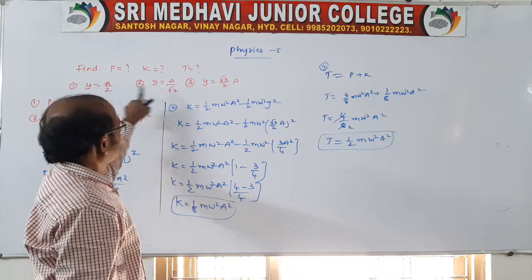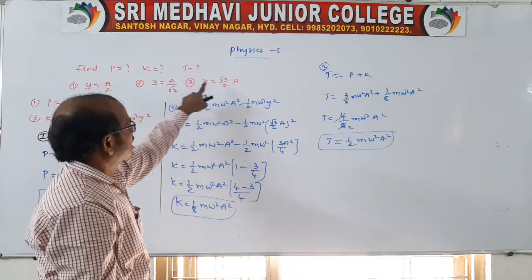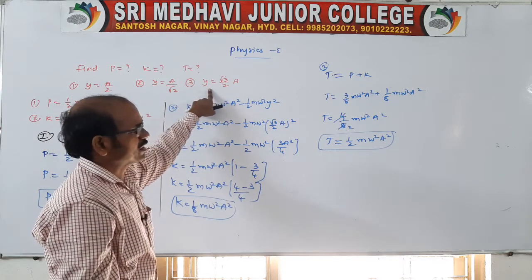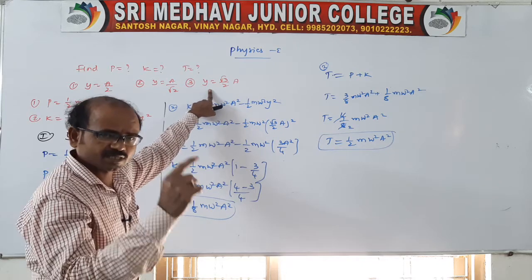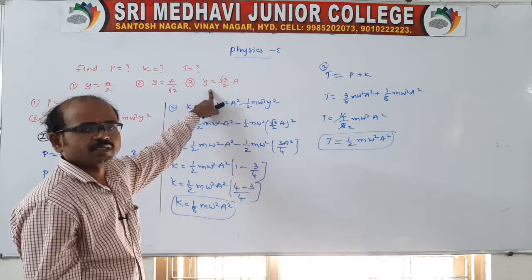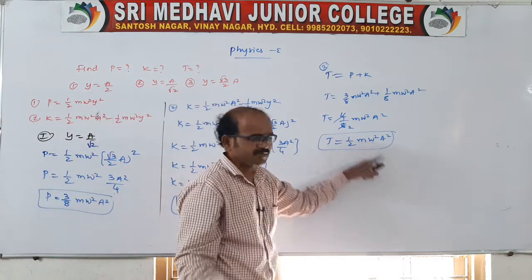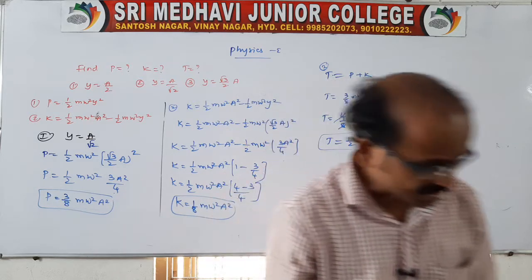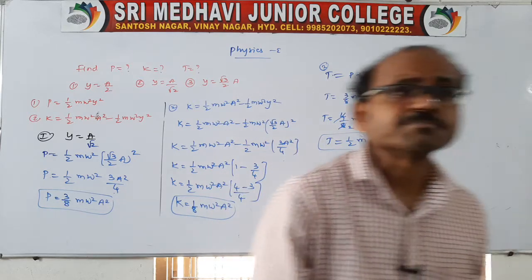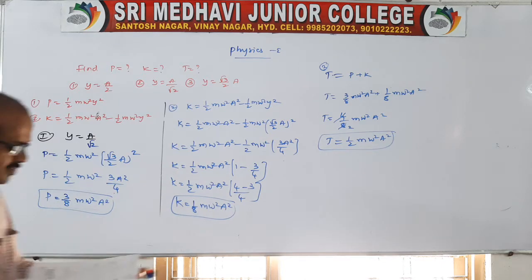And the second, a by root 2 also, the total energy is the same. And on another distance also, it is 1 by 2 m omega square a square only. So in case of a simple harmonic oscillator, the total energy will remain the same, in the form of 1 by 2 m omega square a square only. So this is what is related to the simple harmonic oscillator. The total energy remains constant, which we can say like this.